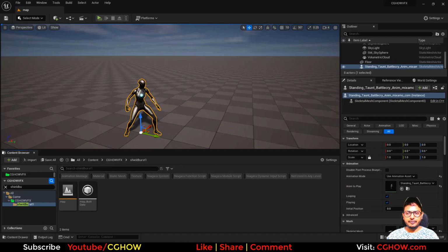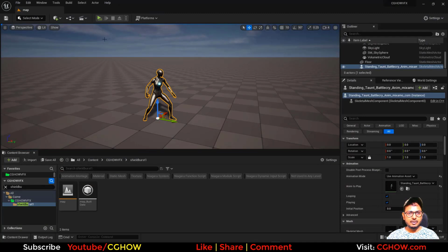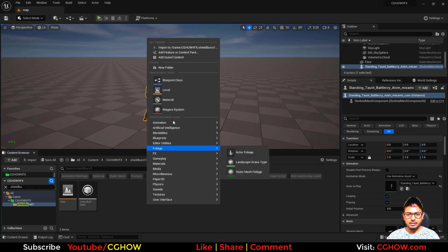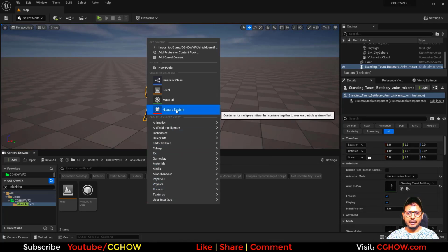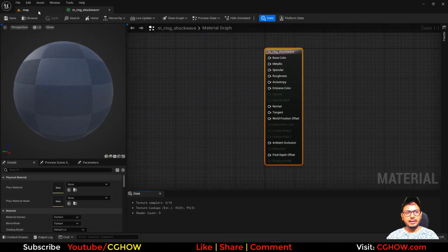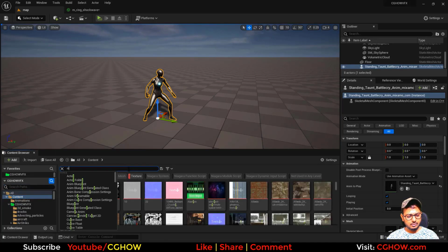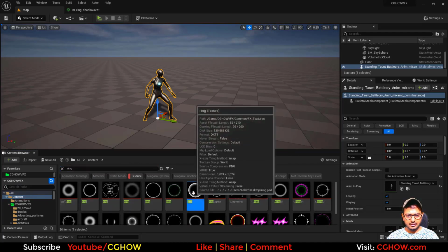I'll keep this effect very simple and I have this map with this character animation. So I have this animation and this is my folder. So let's create a disk shockwave type material. So M like shockwave, or you can say ring shockwave. And we need a texture, or we can create that without texture using material nodes. But let me search a texture. So I have these, and this type of